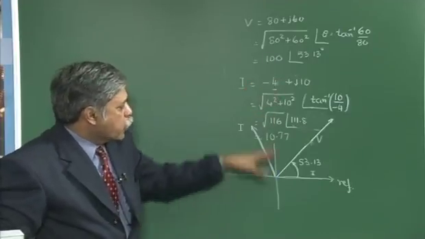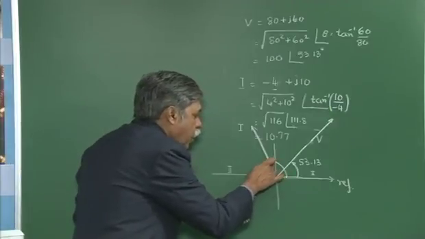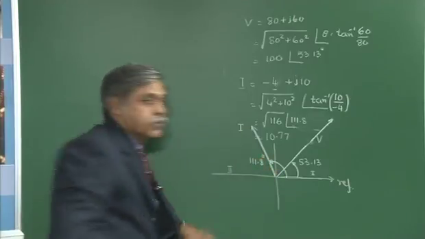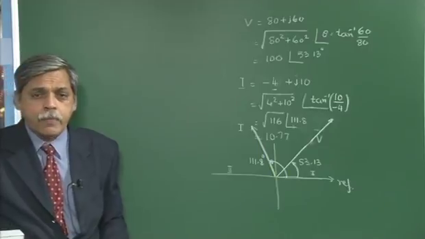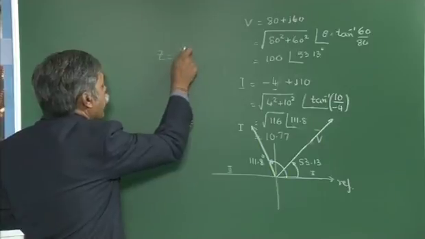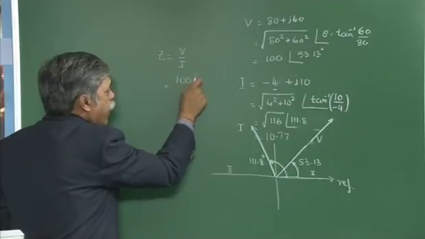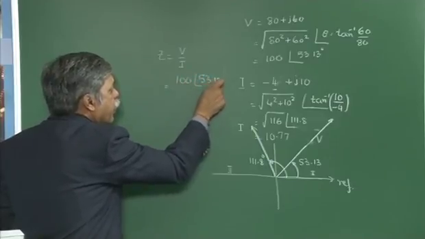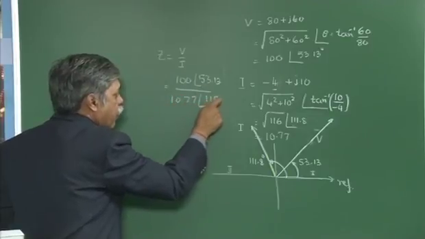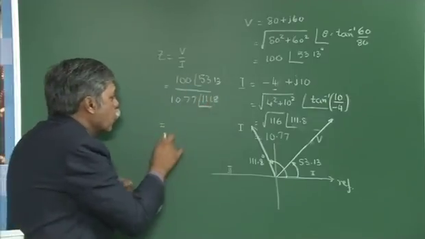That is because the magnitudes are large for the voltage, but the angle for the current, if you draw, if you measure, I will be getting 111.8 degrees, okay. This is the angle, okay. Now I can write down the impedance as Z is equal to V divided by I, where your V will be 100 at an angle of 53.13, current will be 10.77 at an angle of 111.8 degrees. So the ratio of these two, okay.